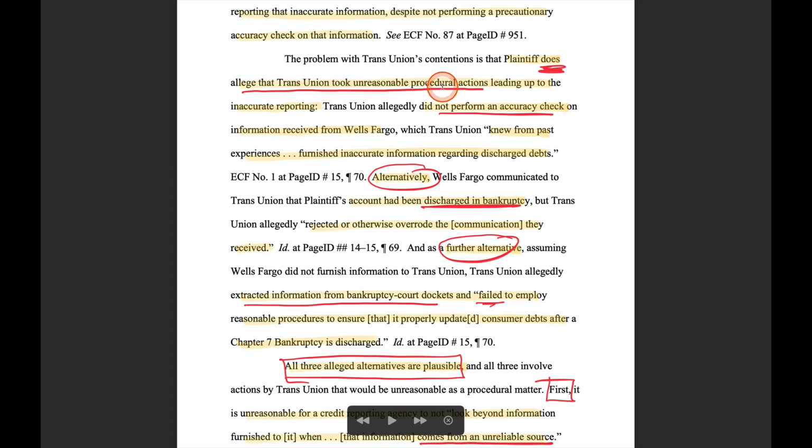So here's where we start to get into these alternatives, and it shows you how important this is to plead in the alternative. So I'll give you a simple example. When we sue a credit bureau and then we sue the furnisher, we'll say the credit bureau has an obligation, which is true, to forward the dispute or to notify the furnisher. So Capital One, for example. So, hey, John Watts is disputing the Capital One account. Here's what he's disputing. They have to notify Capital One. Only if they notify Capital One can I then sue Capital One under the FCRA.